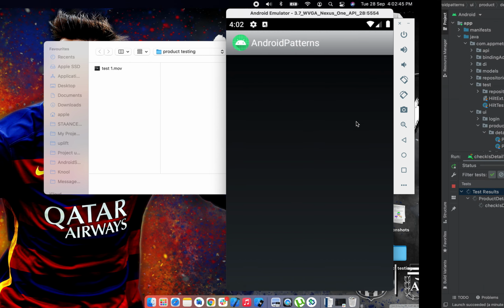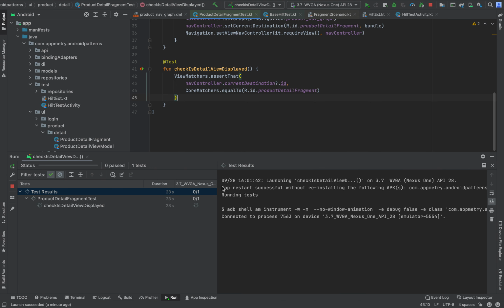You can see that it will launch a fragment similar to how we tested the login activity. And the test is passed.